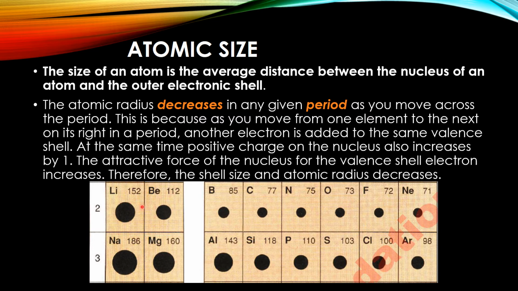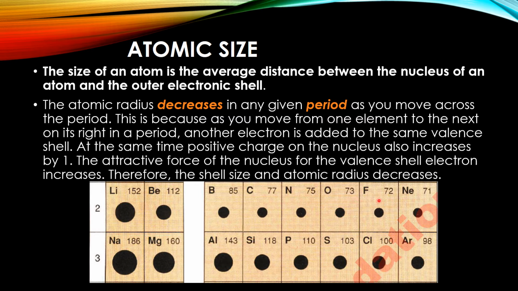So when the number of electrons and number of protons are increasing, the attractive force between the nucleus and the valence electron also increases, because no additional shells are added here. These are the elements of period number 2. Period number 2 means all these elements have 2 shells. They consist of only 2 shells, but their number of electrons and protons is increasing as you move towards